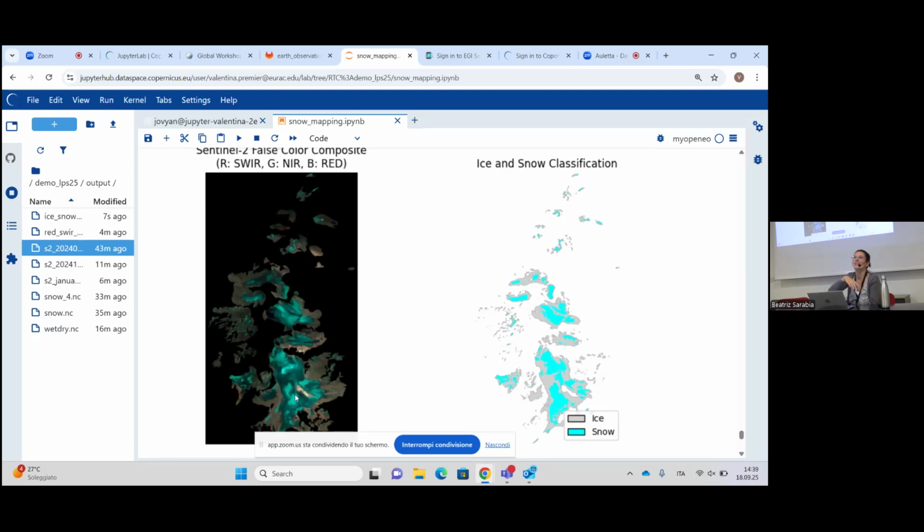in this example we didn't apply any cloud mask, because on purpose I was choosing cloud-free or almost cloud-free scenes. Of course, there is also a way to apply a cloud mask in openEO. Now we are working too, because we can use the SCL band, for example, of level 2A data to apply a simple cloud mask. Now we are working with Vito, the colleagues of Vito, also to improve the cloud retrieval and have something more